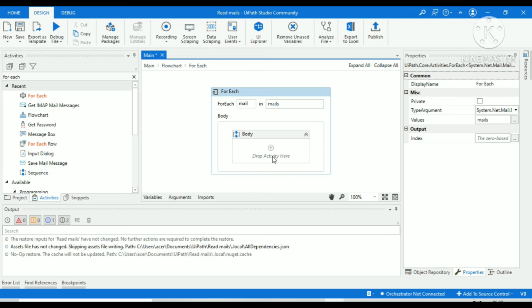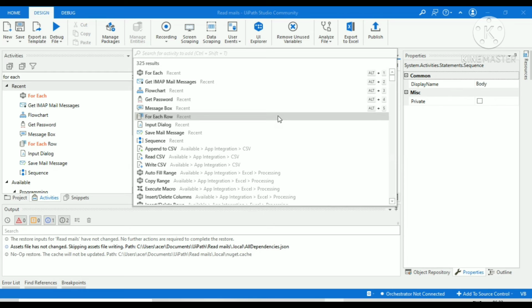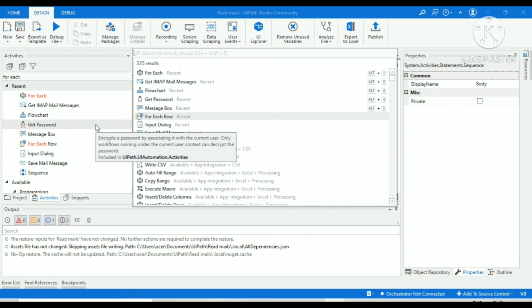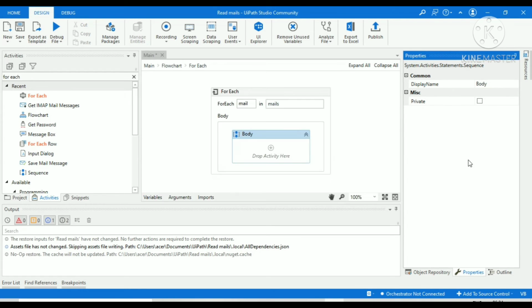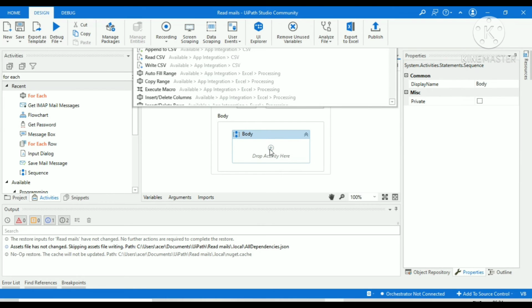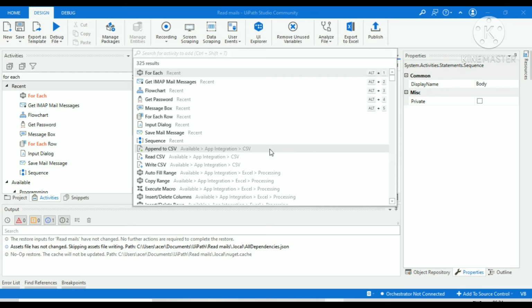Then come to the body of the For Each, and here you have to add a message box. The message box is used for reading the mails, and I am dropping that.